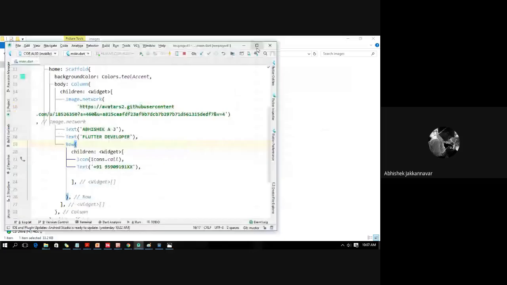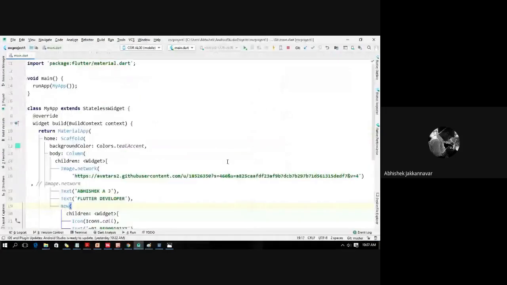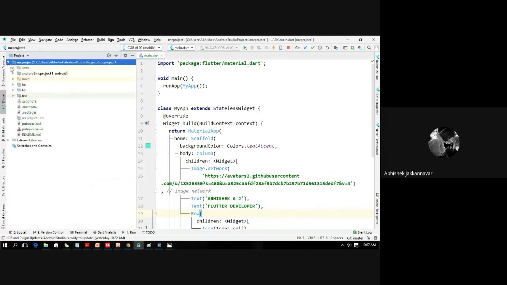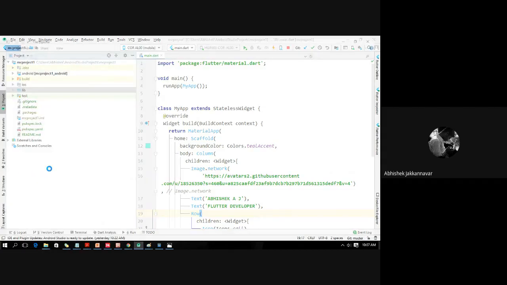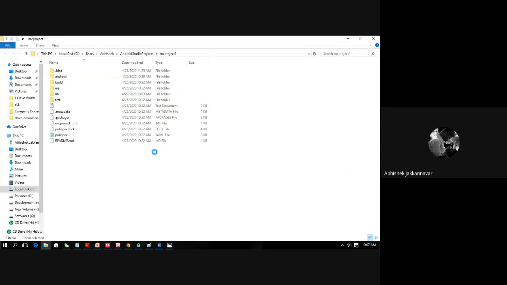Okay, so now what should I do? There are various procedures you have to follow in order to import an image. The first thing is to go to project, and here you have to create a folder called images. What is the best way to do it? I right click on any of the folders, I say show in Explorer, and here I have to create